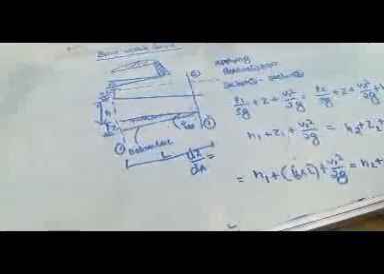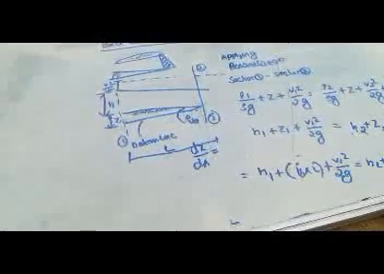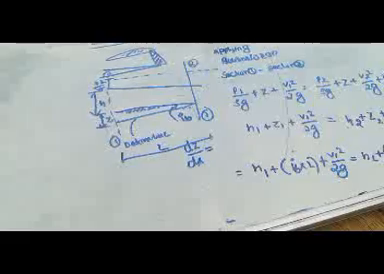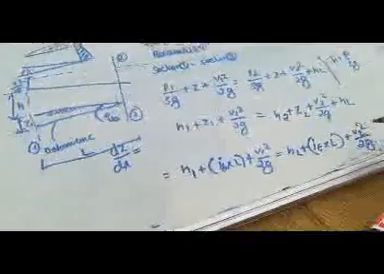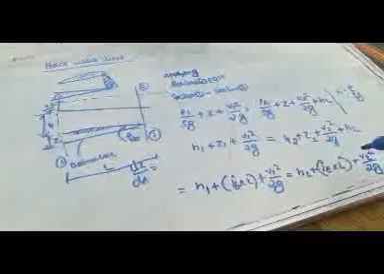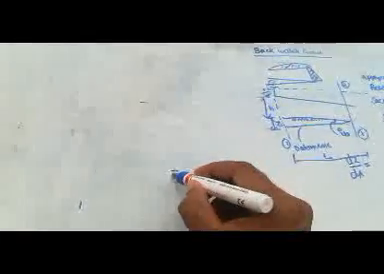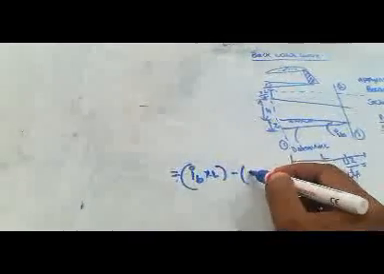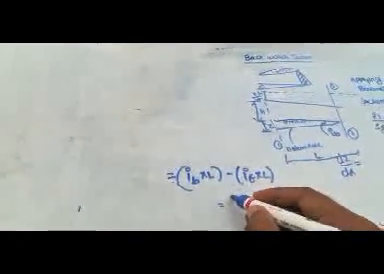Plus IE, the energy slope, into L, plus V2 square by 2G. So I can write here IB into L minus IE into L is equal to